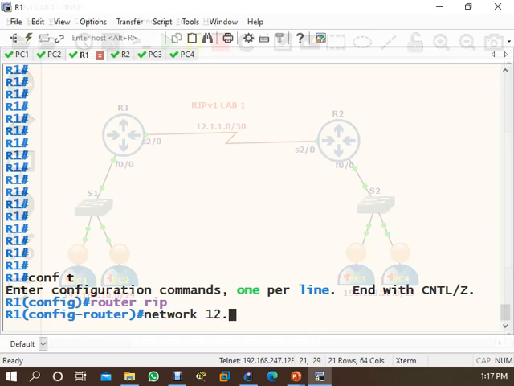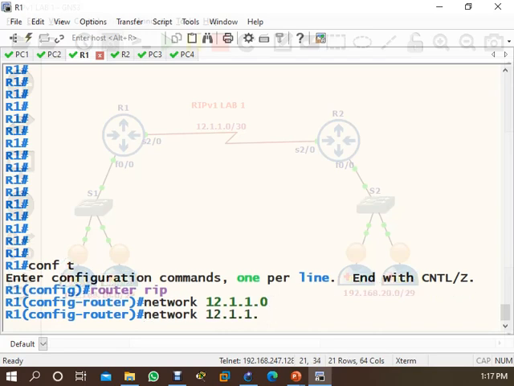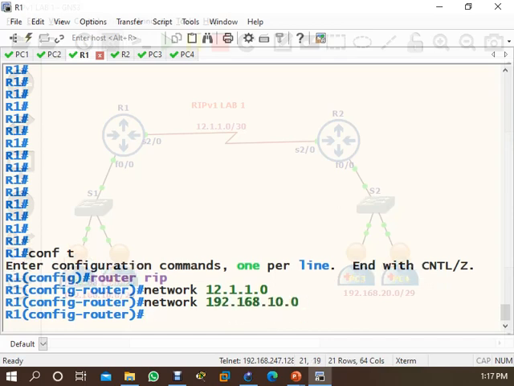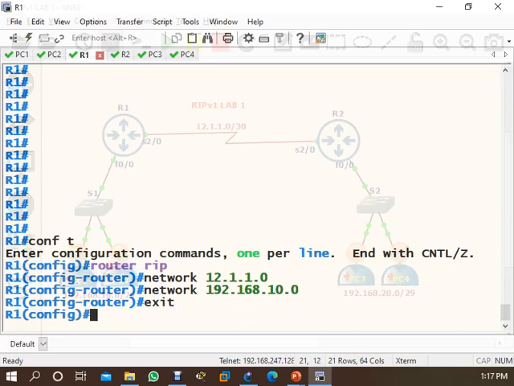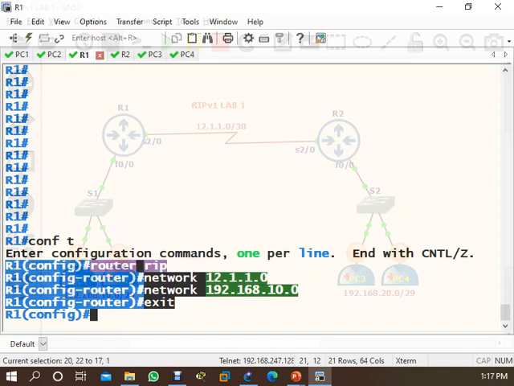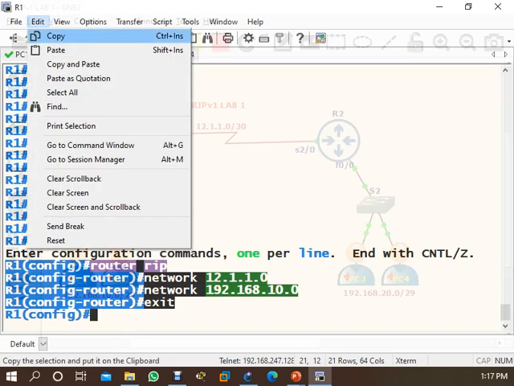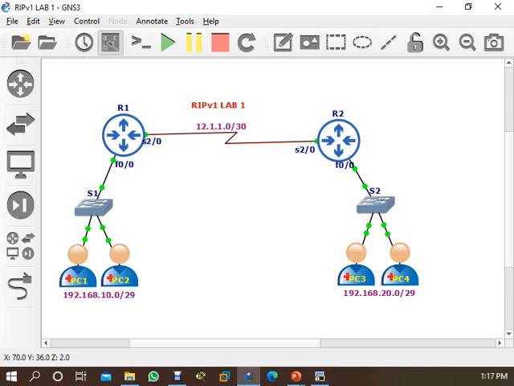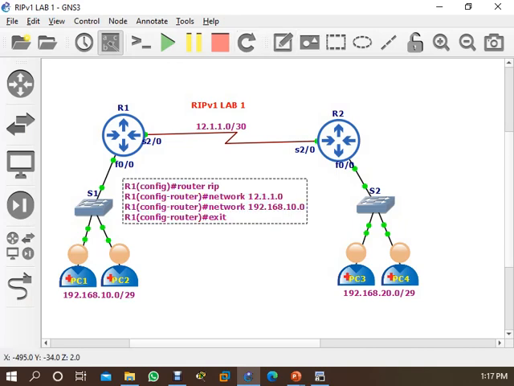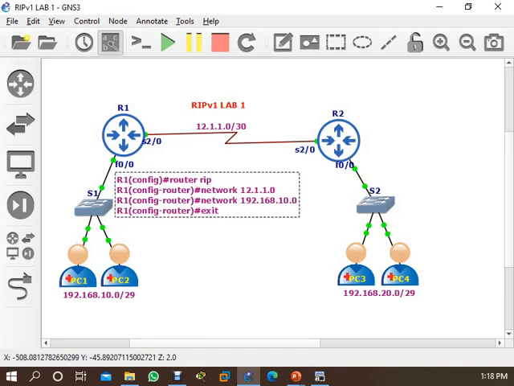It's 12.0.0.0, yes. And you have 192.168.10.0. Then it's like this. So this is your router 1 configuration. If you come here, copy, so this is your router 1 configuration.